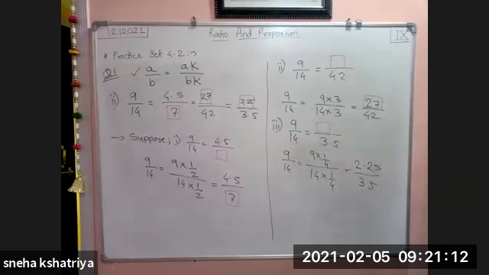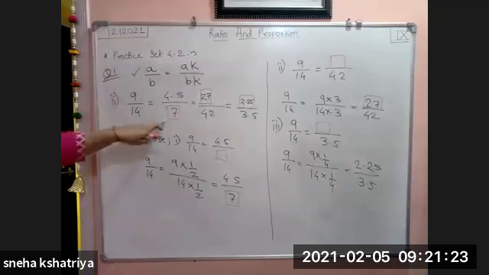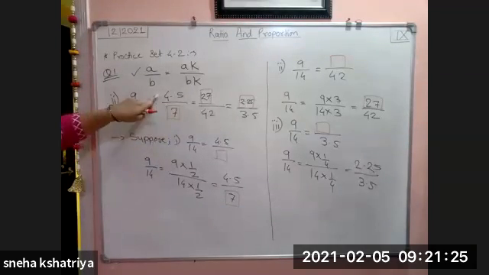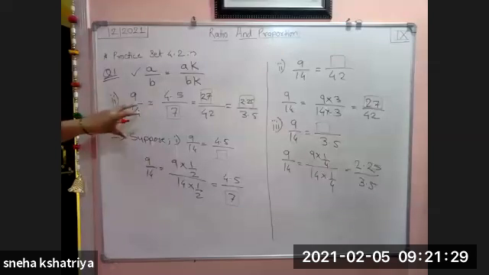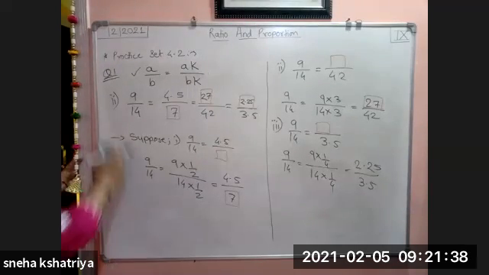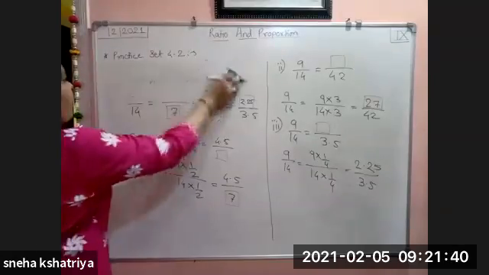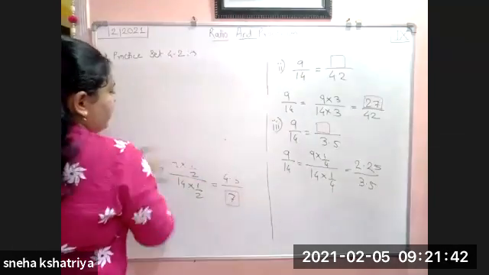This kind of example may come in your activity section. You have question number 2 for activity, which is for 2 marks. So this type of question may be asked, because whatever the fill in the blanks are, one value is given, another value you have to find out. So this kind of question may come in your activity section for 2 marks. Okay. So we have completed question number 1. Now we will see question number 2.